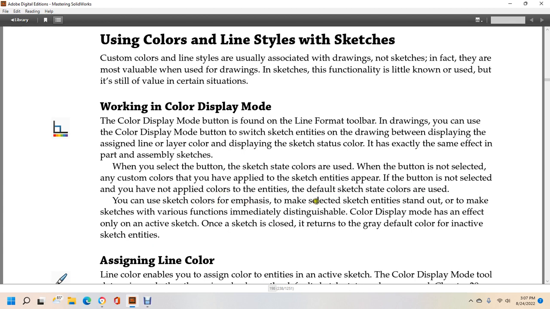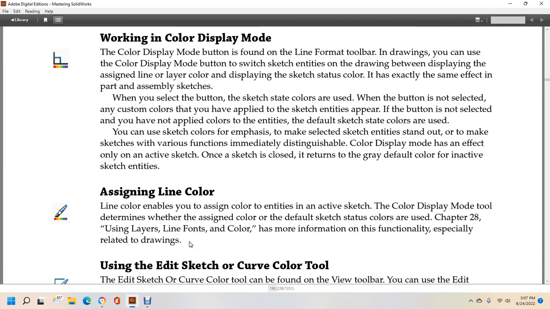You can use sketch colors to emphasize or make sketches stand out. Select the sketch and the various functions immediately take effect in the color display mode, but only on the active sketch. Once the sketch is closed, it returns to the gray default color of inactive sketch entities. Alright, and then it shows the paint brush with